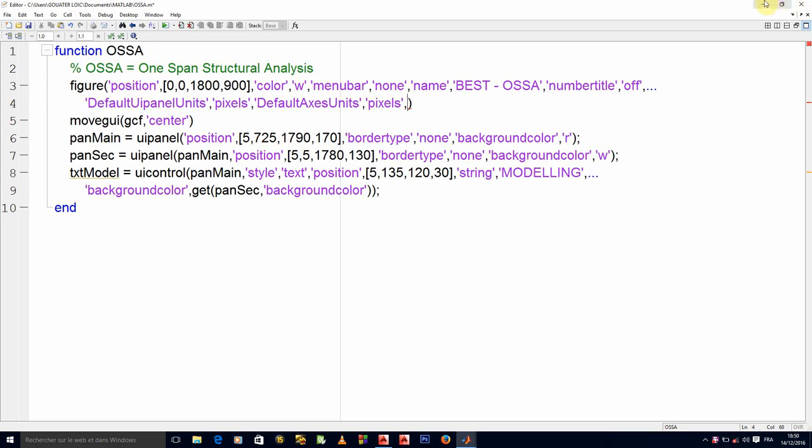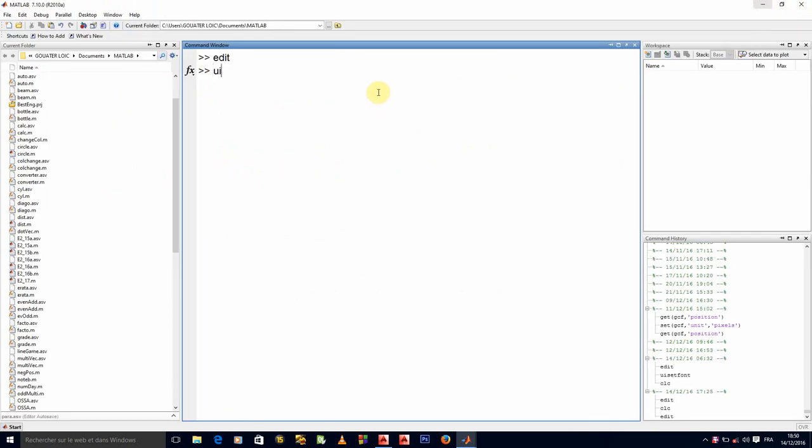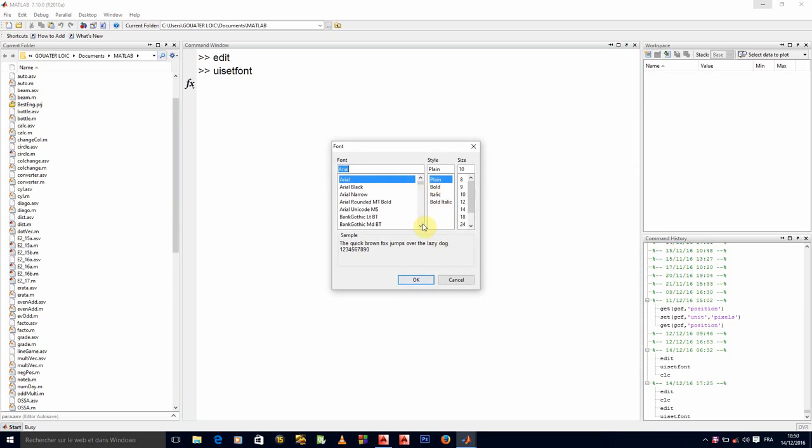If you want to know, you just type uisetfont, which will give you a list of all of the font names supported by MATLAB. I am looking for Times New Roman. That is my Times New Roman right here. I would like it to be bold, and I'll give the size.